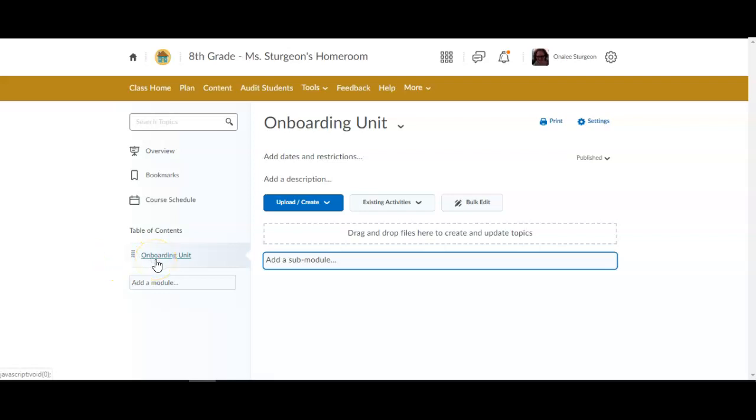When you come into your homeroom class, you're going to notice this is not going to be here, but instead there will just be a box over here, add a module. So I clicked on that, typed in the words onboarding unit, and it showed up over here. You have to come back and click on onboarding unit after you've entered it in. Okay, so it's going to show up over here and you're going to click over here and it will then